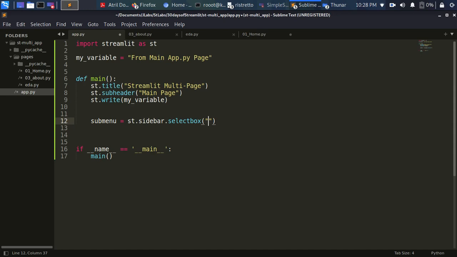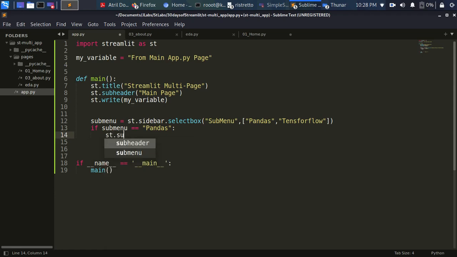And I put in something. So let's go to say submenu, and this is going to be, let's say, pandas, something like that, TensorFlow, something like that. If I go with this option here, so if submenu is the pandas,